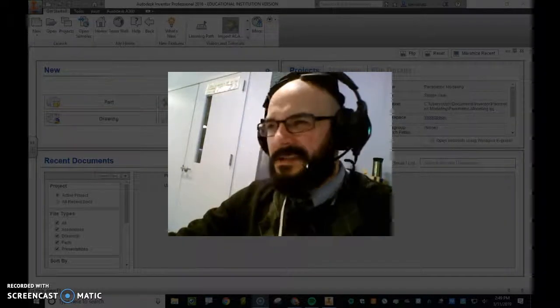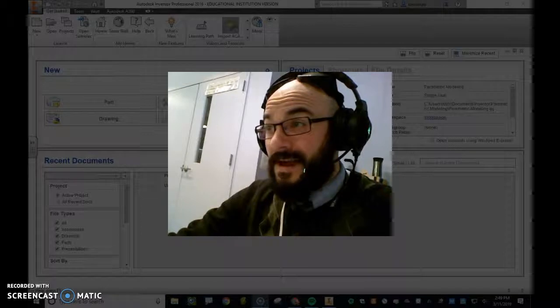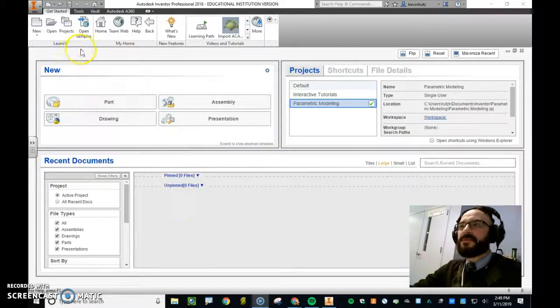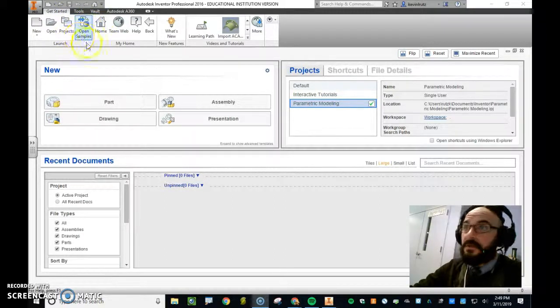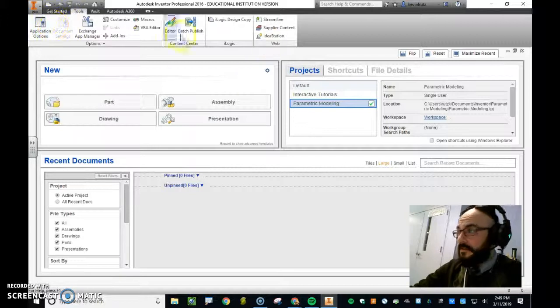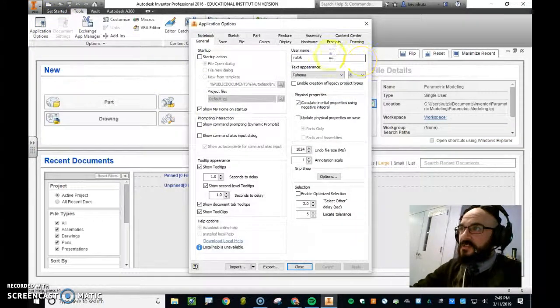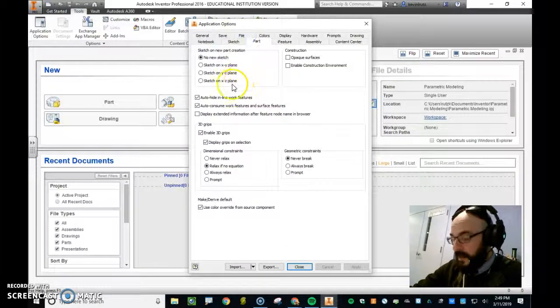So let's get into the activity, and I'll start by shrinking my head. There we go. Okay, so the first thing you want to do is go into the sketch plane settings. So in your tools, at the startup, you have the application options, and you can change different settings, but the one that we're focusing on is the part tab. Now, in the part tab, you want to check that no new sketch option is chosen, and then we're going to the sketch tab,